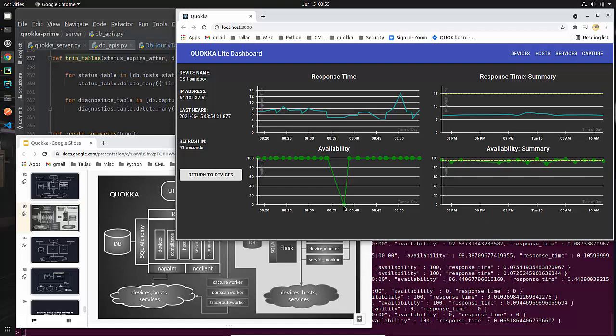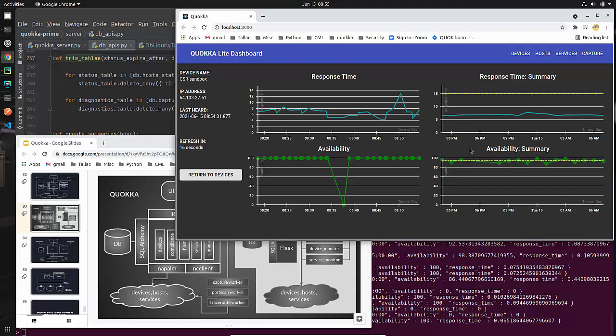Availability is looking pretty good, except that it went down for a while, you can see. And over time, you can see on the hourly that the availability seems to bounce between 90 and almost 100%. So that's pretty good. Now the last thing I want to point out here is these yellow dotted or dashed lines, I guess you'd say. These are my service level agreement.